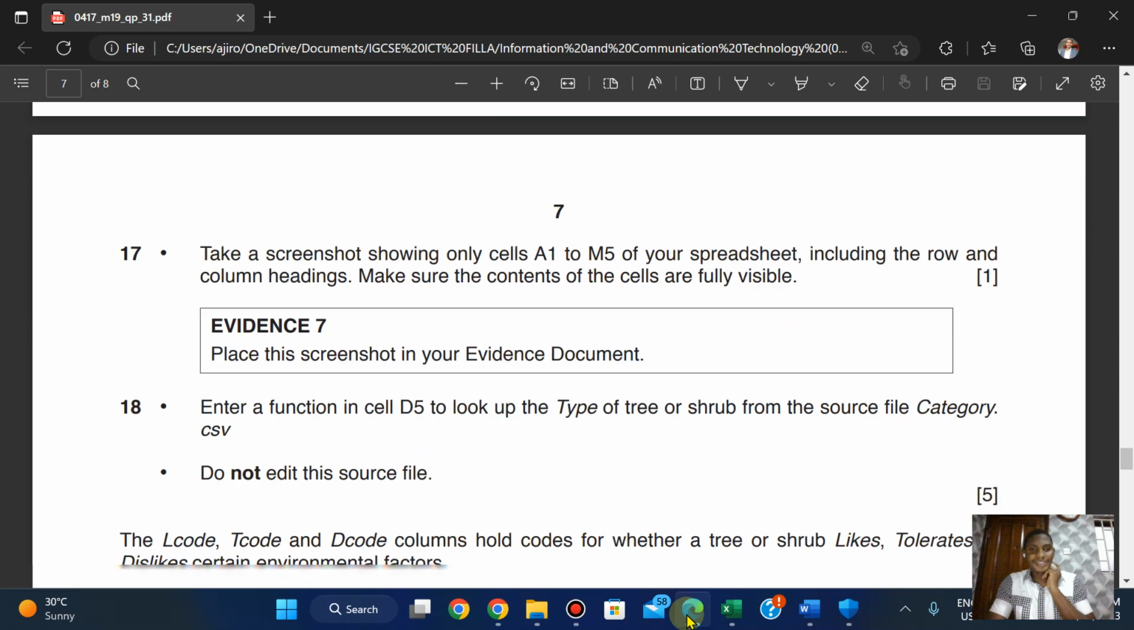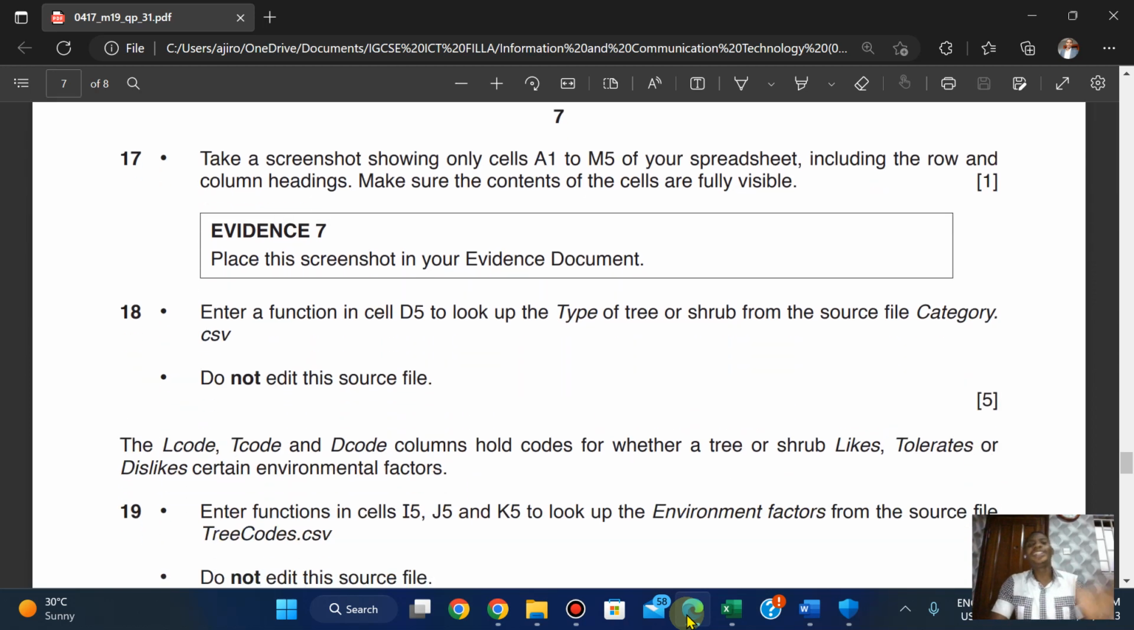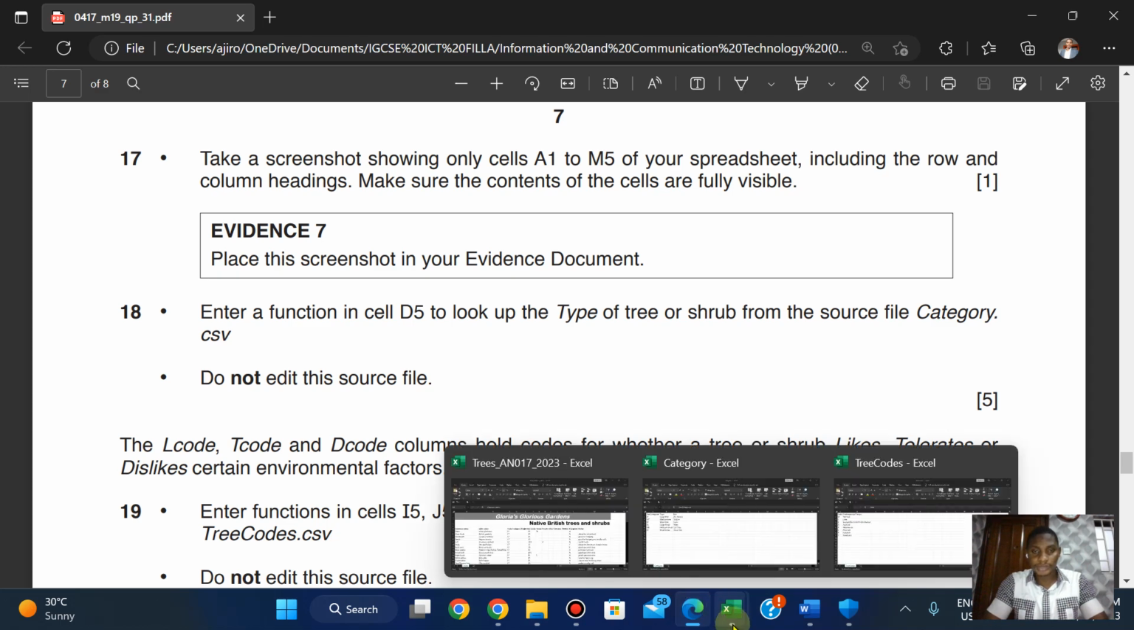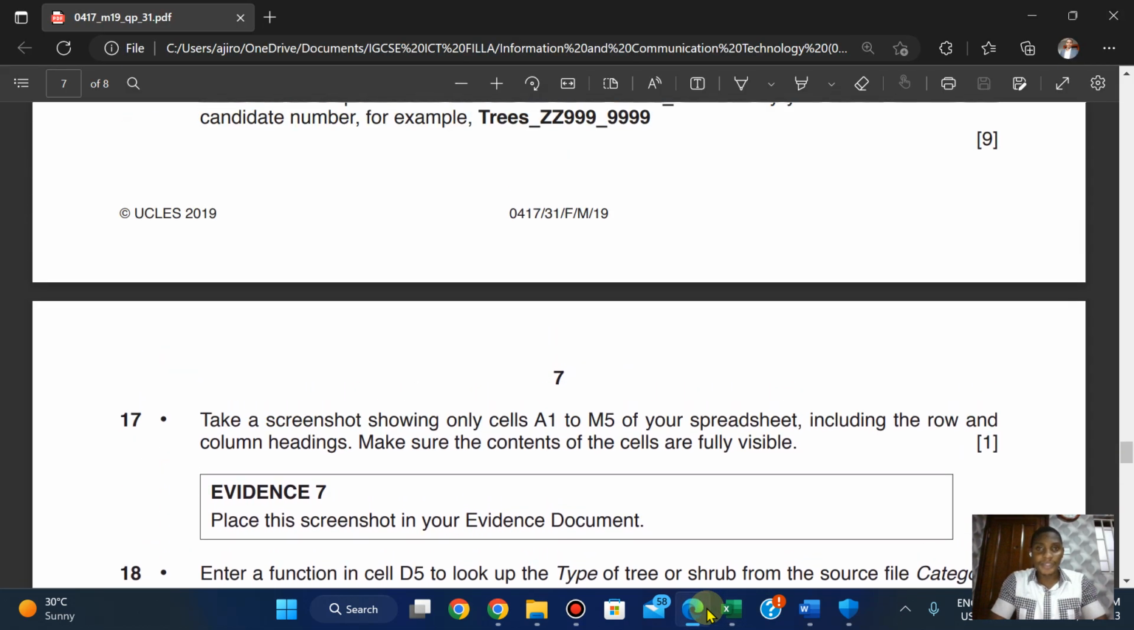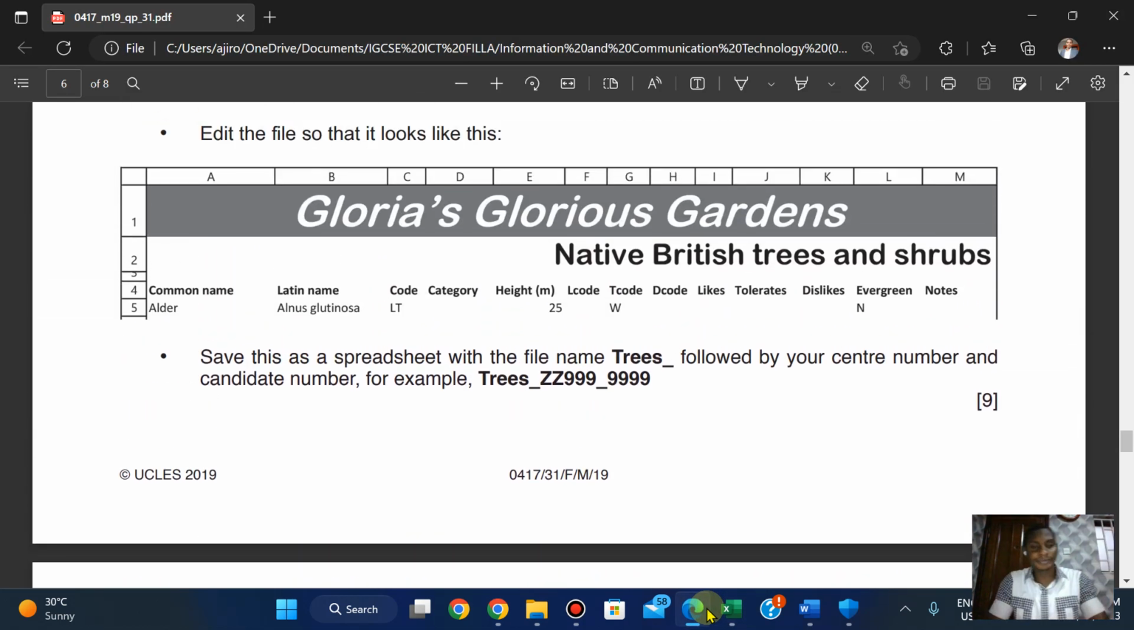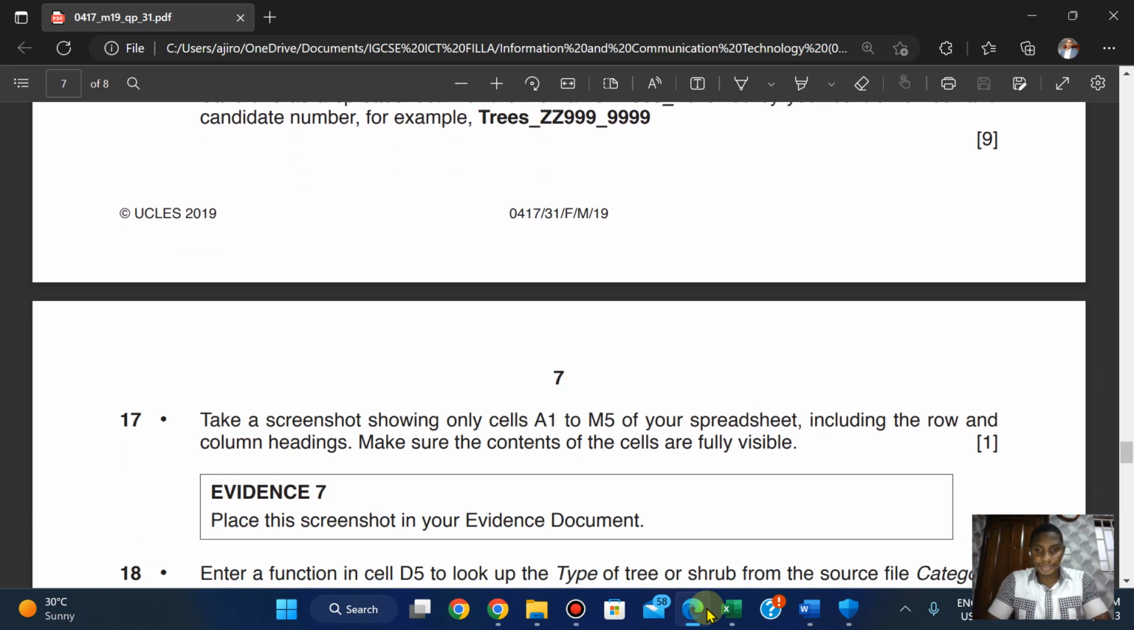Okay. Take a screenshot showing only cell A1 to M5 of your spreadsheet, including the rows and column headings. Make sure the content of the cells are fully visible. A1 to M5. Obviously, what they want to see is this. They want to see if you've made a replica of this. Okay, so